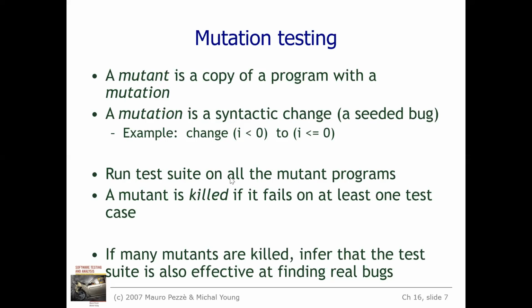Understanding it? So run the test suite on all the mutant programs. A mutant is killed if it fails on at least one test case. That is different: if it gives a different output, then you can kill that. Otherwise, you need to keep that mutant for some reasons: for this particular input, it may have given the same output, but due to some other condition in some other input, it may result in a failure state. We'll take an example in the next class probably, so it will be understood better.